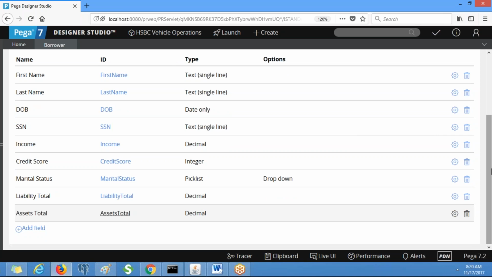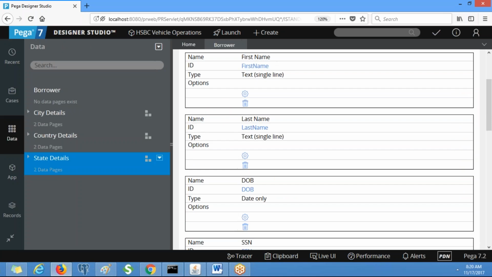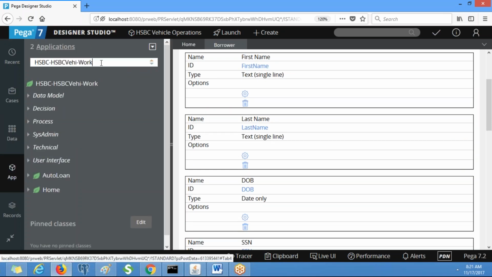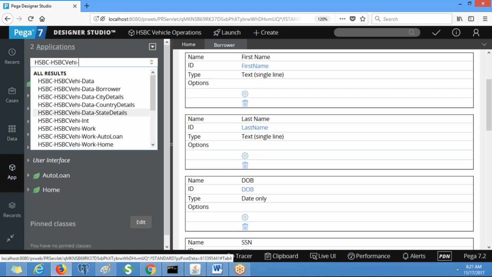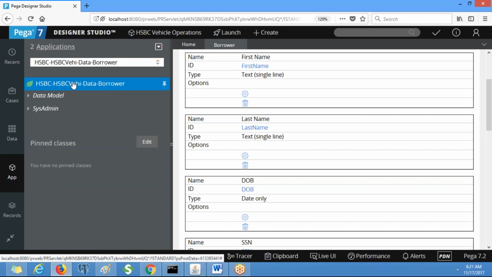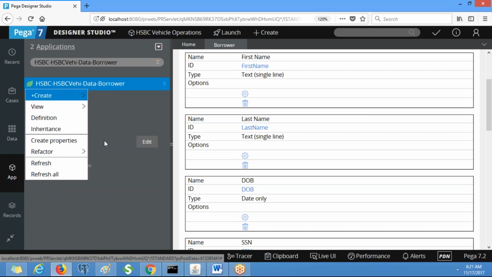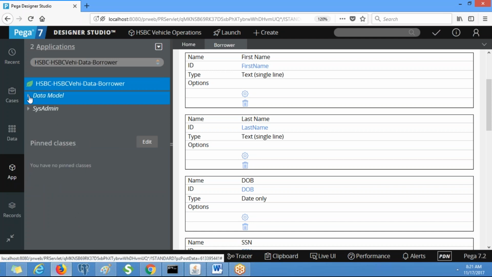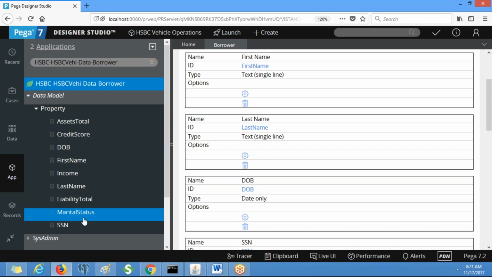See now, if you refresh here, go to the borrower, you will have all the properties here. These are the single properties. Now I am going to create a page called spouse.